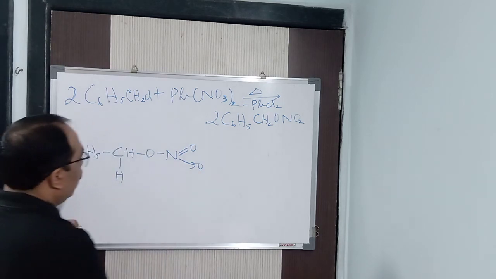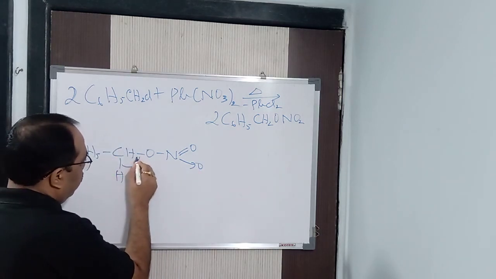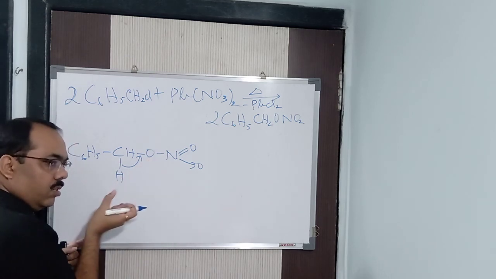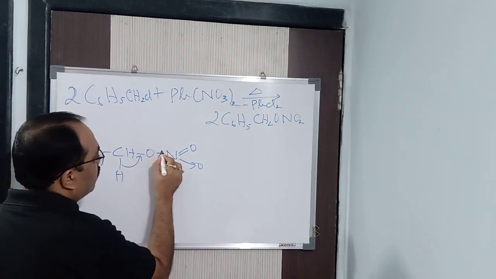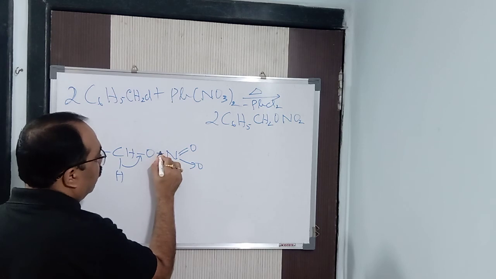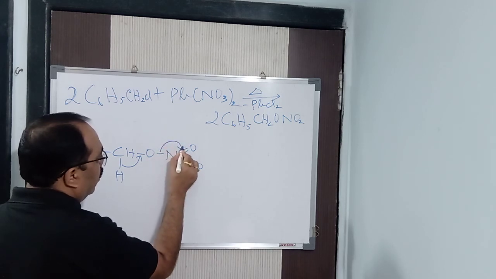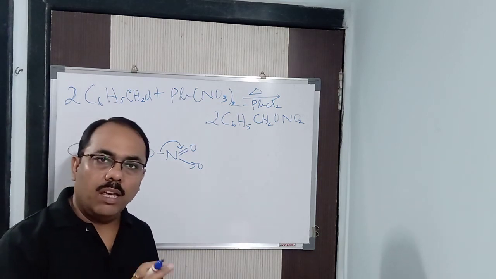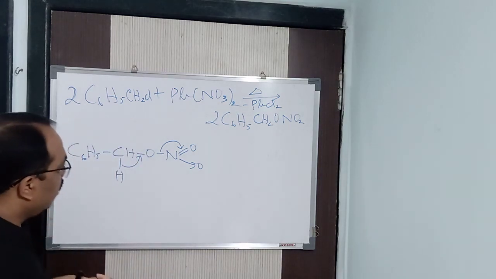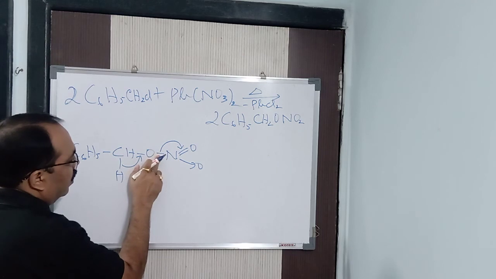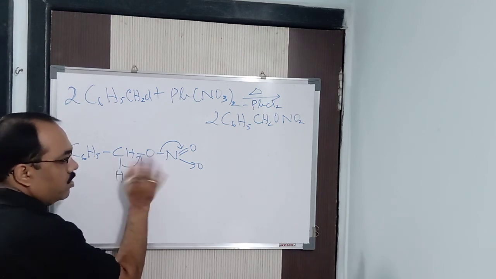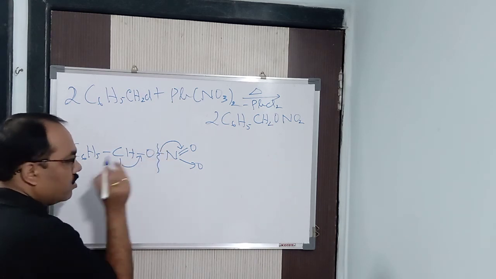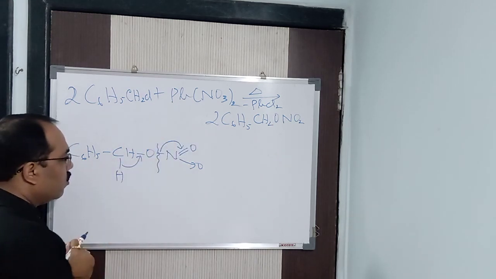Fine. So what will happen is that, see here, this pair of electrons will go here, because oxygen is nothing but an electron withdrawing group, and this particular oxygen will come here. Again this oxygen is an electron withdrawing group, because if it goes here, it forms 3 bonds, which is not possible. So definitely the cleavage of bond is going to take place here. So this pair of electrons goes here ultimately.